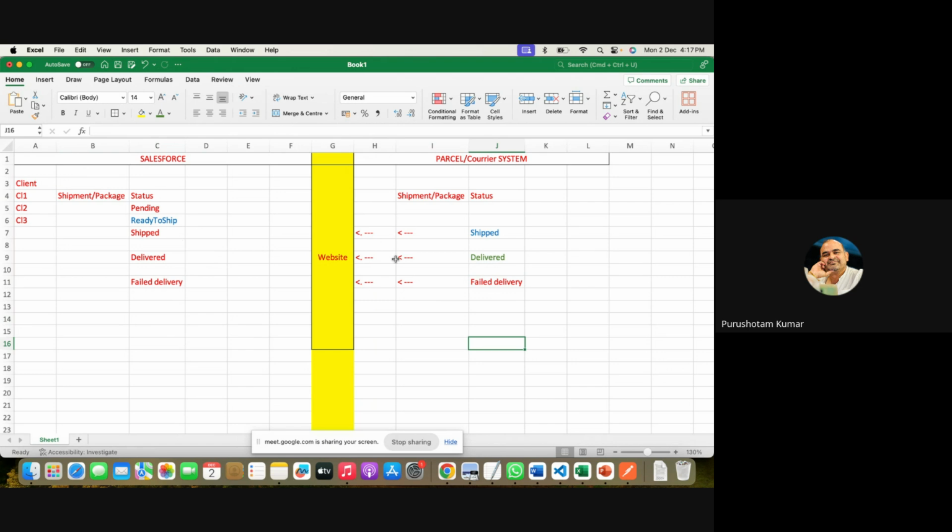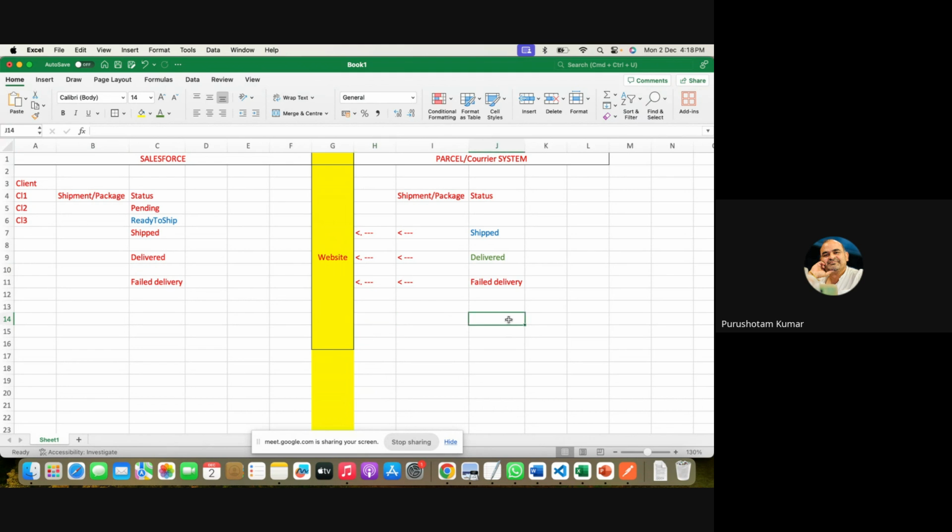Okay, so can anybody tell me, is there a way for a very real-time updation? For example, why we are utilizing platform events here: the moment I change the status in one system, the same status should be updated in another system, and vice versa. Like if I make this ready to ship, then it should go here. In this case we have only a single direction of updation, but it could be another. Like, for example, somebody it is ready to ship, and at this stage or somewhere else something else happens. Maybe we can take that in another business scenario. Right now I do not have that in my mind, but we can take this for now,